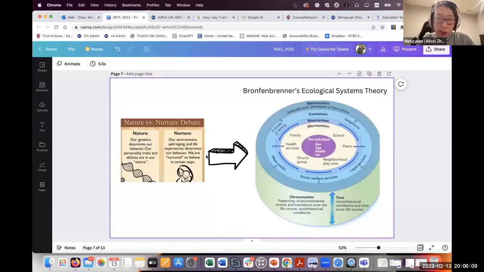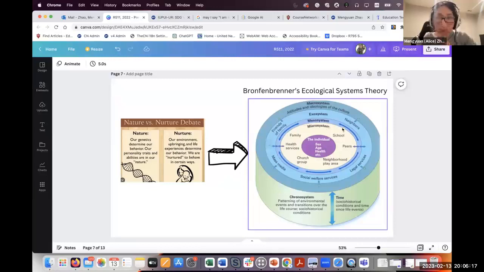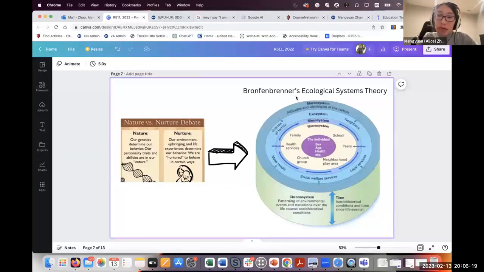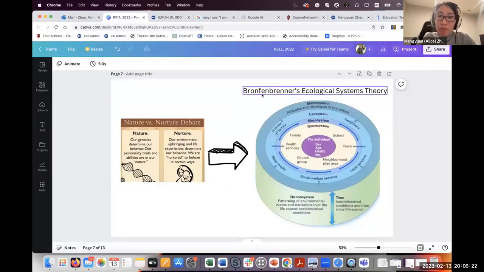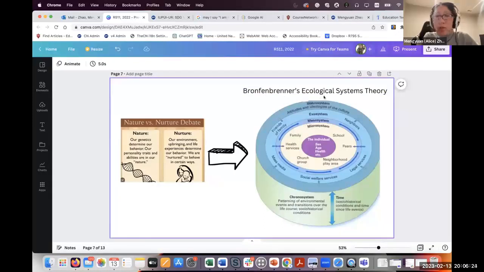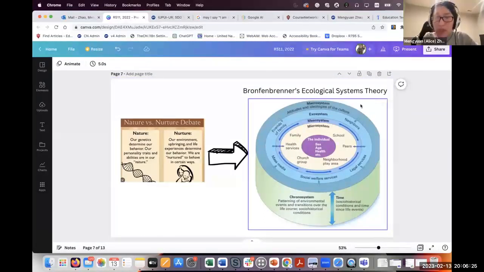Through the doctoral program, I took adult education, adult learning as an elective course. In that course, I really liked Bronfenbrenner's ecological systems theory. This theory analyzes learners from inside out. From inside, look into a learner's psychological factors, right?